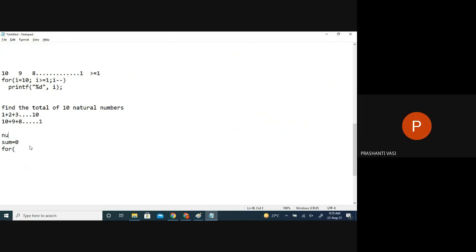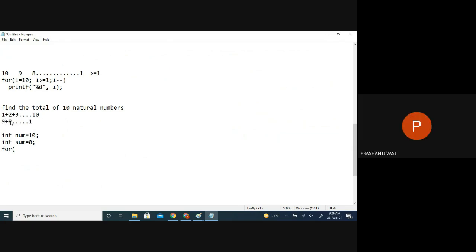if I took the number as 10, and I took the initial sum as 0, then where should I start adding? What should I add to the sum initial value? I is equal to 10. Okay, I don't want to take n. Already I said this is the number. We accepted the number from the user. So can I start doing the calculation from this end directly? 0 plus 10, yes, ma'am. That answer will be 10. Then 10 plus 9, that answer will be 19. Can we do that? Yes, ma'am.